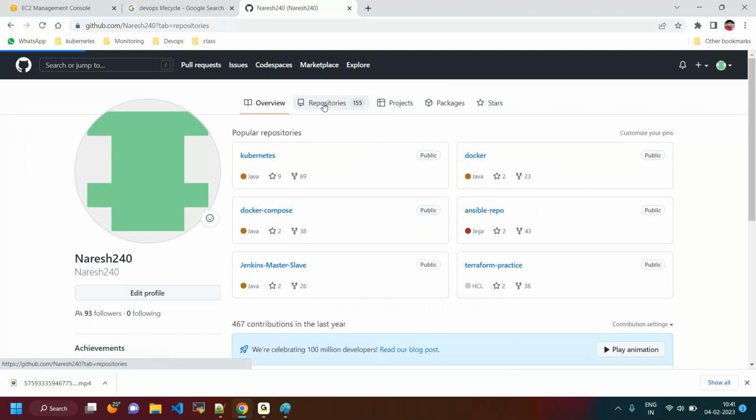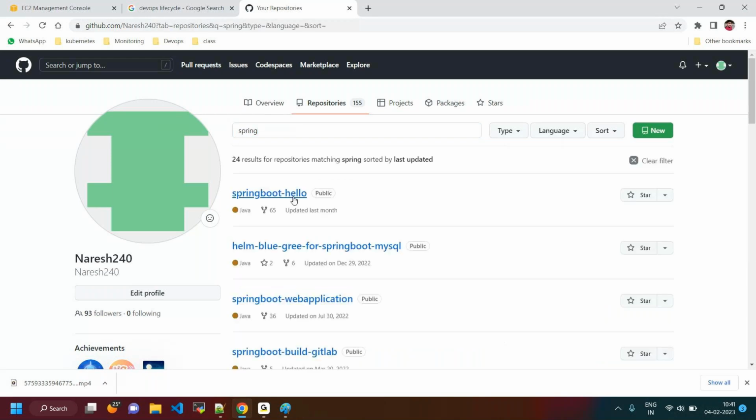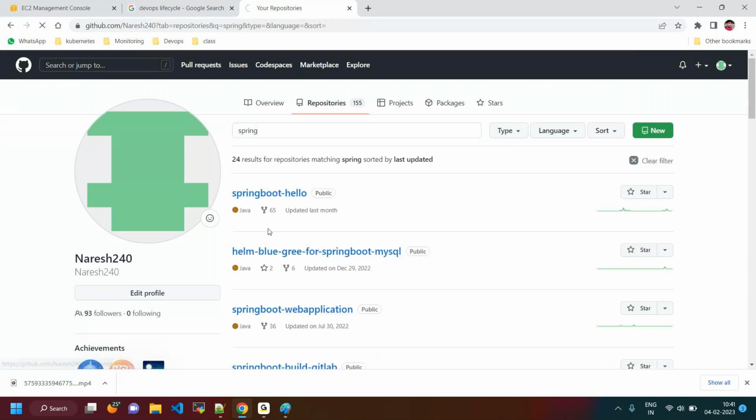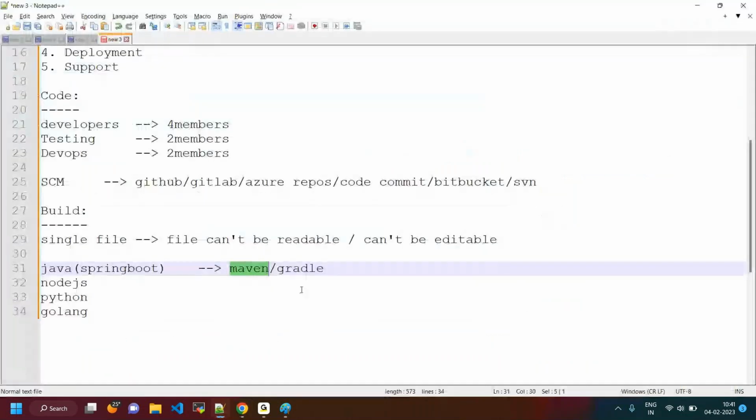If it is a Spring Boot application, it has a particular folder structure and it has pom.xml, which belongs to Maven. If it is Gradle, there will be a build.gradle. With that, we can find out whether it's Maven or Gradle. Or else we can check with the developer directly: how are you building the packages, which command are you using, and what needs to be installed to run that command. There is no issue with that.